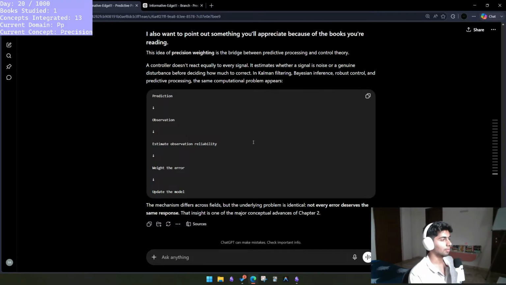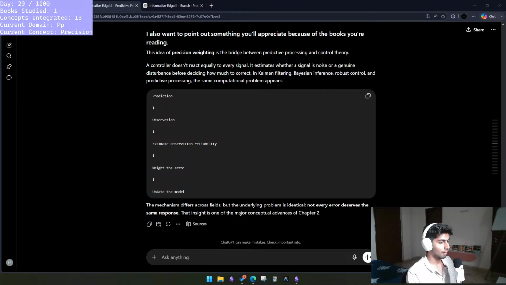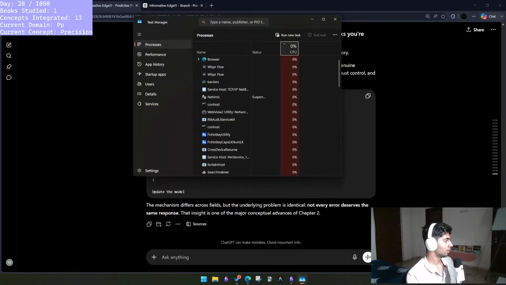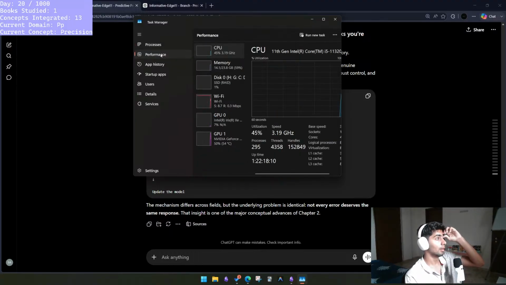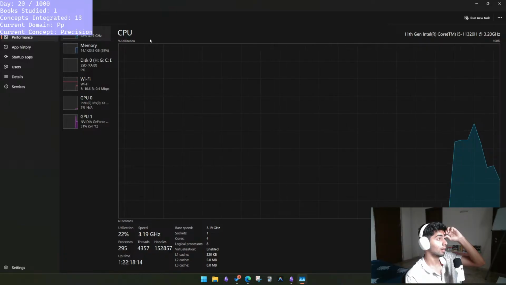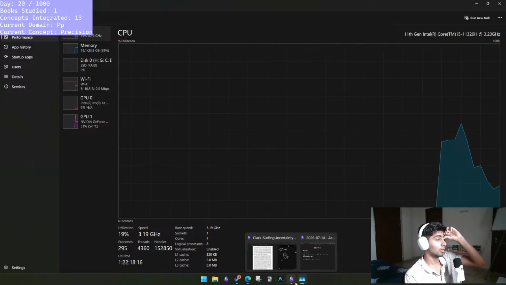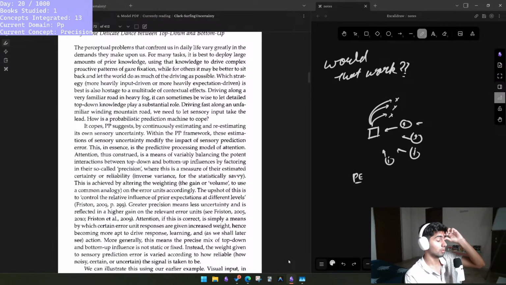Nothing is running in the background. Task manager, it's still lagging. Why do you want to lag? CPU headroom is really open. When I use Obsidian, CPU does get a lot of usage, but then again,